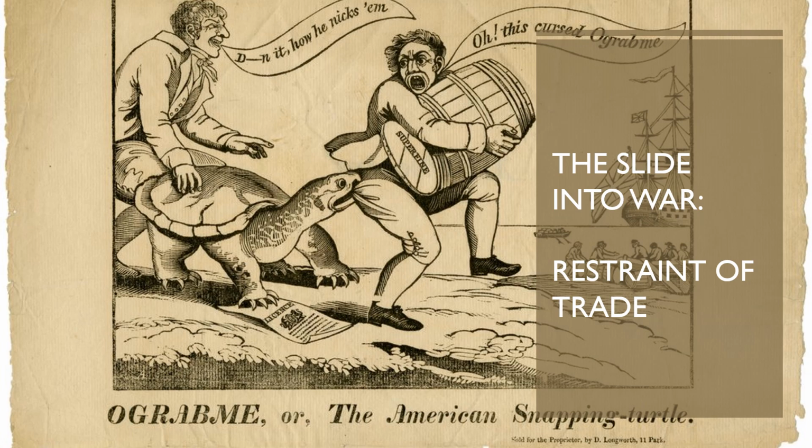Although the grievance against the British and the French stretched all the way back to the late 1790s, some of the points of contention were moot by the time the war was actually declared in June of 1812. So among those causes, we will find several different factors. Here on the slide you see President Madison, Jefferson's hand-picked successor, struggling with his Embargo Act, which is represented by the "Ograbme," the snapping turtle that is illustrated at the bottom. And if you read "Ograbme" backwards, you see that it's actually the embargo that's being referenced here.